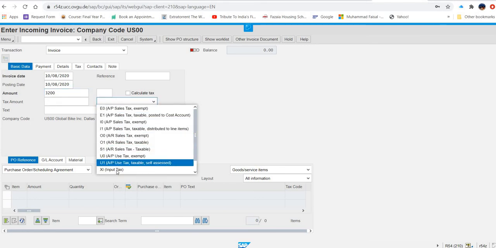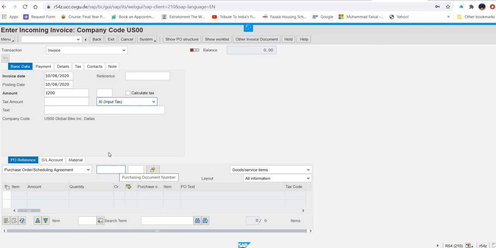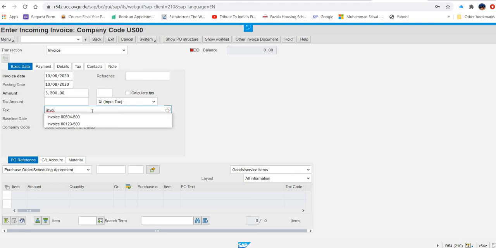Tax code will again be XI, and the invoice number is invoice 00515 dash.